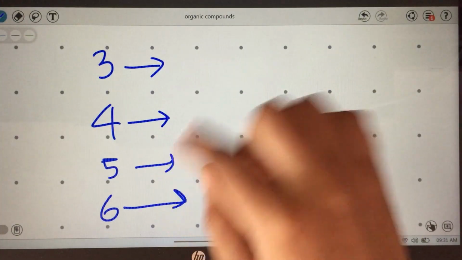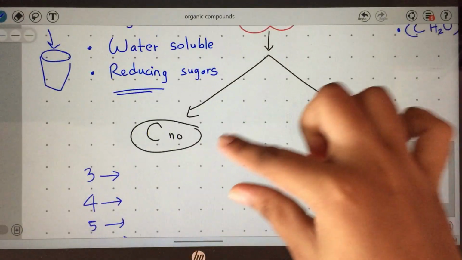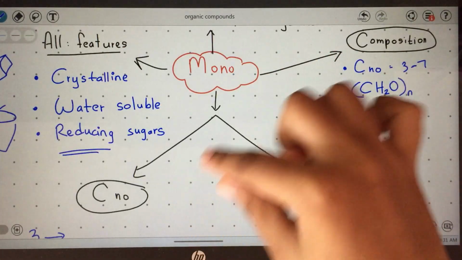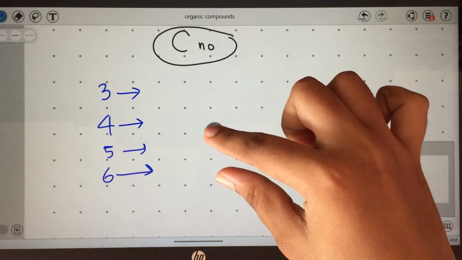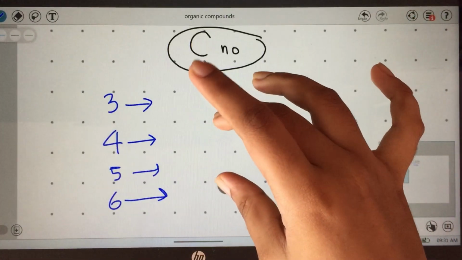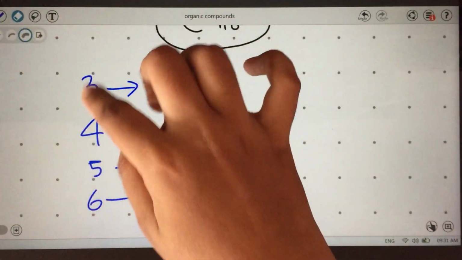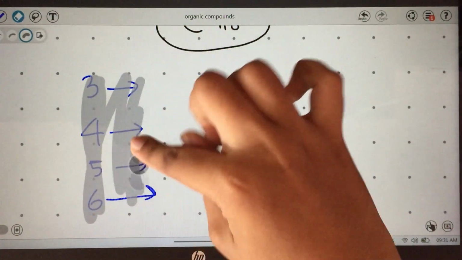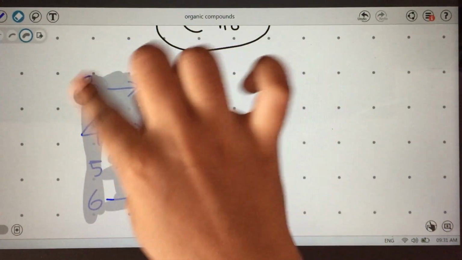Remember, not only 6, we have 7 maximum carbons in a monosaccharide. But we don't have the name for the 7th carbon. Okay, so only till the 6th one we have in our book. Okay, you don't have to know anything that's beyond our resource. So firstly we'll speak about 3 carbon.